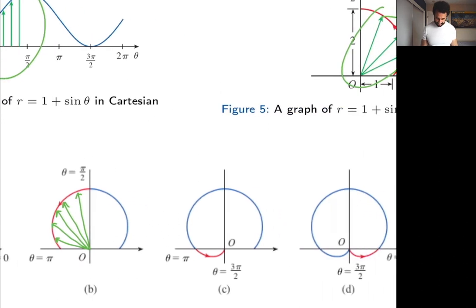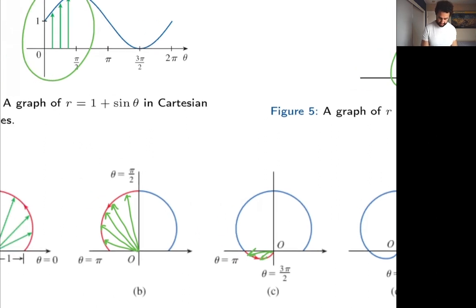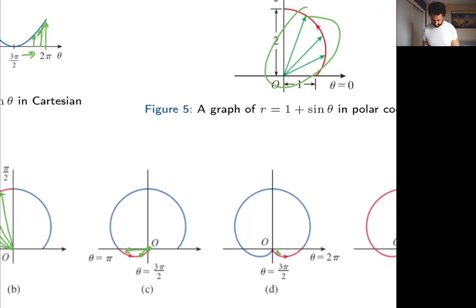So now down here, after we go from pi to 3 pi over 2, the arrows get a little bit shorter, right? That's exactly what's happening up here. See, as we go from pi to 3 pi over 2, the radius is decreasing down to nothing. So what that corresponds to on our picture is these arrows are going to start this long and they're going to shrink down to be very short until they're nothing. Then once we get past 3 pi over 2 and go to 2 pi, the radii increase again. So it starts at 0 and they get longer and longer until they go back to 1. And voila,